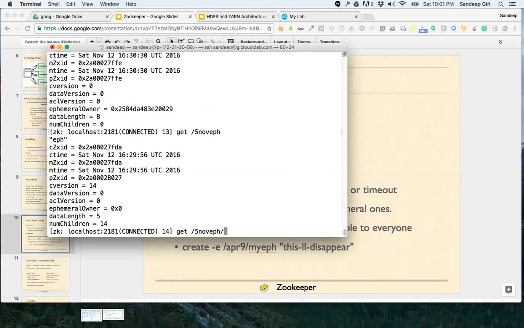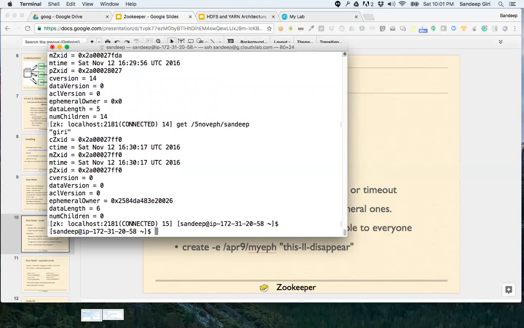All right, so what you saw is that this node is there, right? If I exit this, I have just exited from Zookeeper. Do you still see my node? If you use the command ls with this path, do you still see my node called Sandeep? Did it disappear?